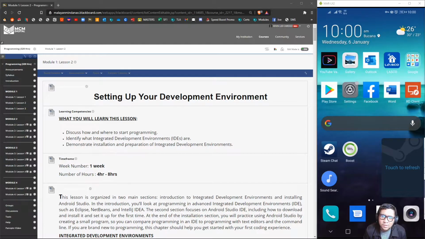So, previously in our lesson yesterday, we discussed how relevant programming is in our current IT-centric world, the basics in programming, as well as why we have to learn programming, and so on and so forth. Today, you will be learning the different development environments and why we are using Android Studio for developing apps for